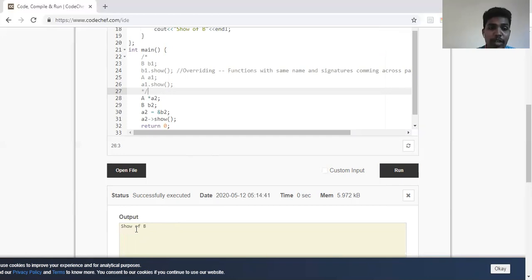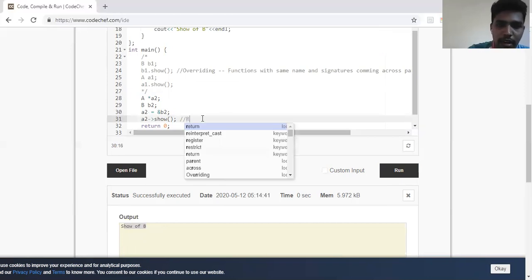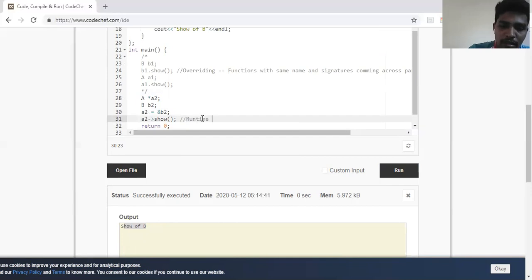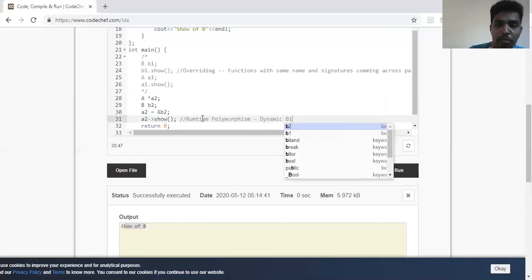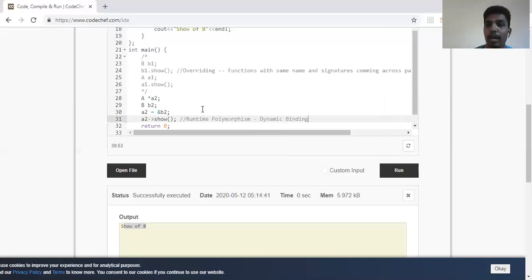See here, it is showing show of B, but I called it through the object of A, and it is calling show of B. That is called runtime polymorphism, or dynamic binding. Very important when you do certain projects where a parent class is being given access to the members of